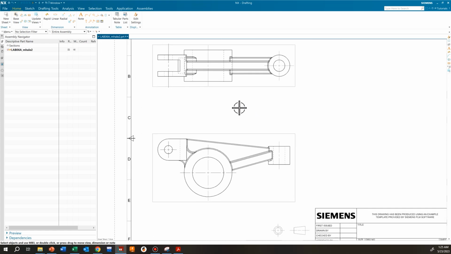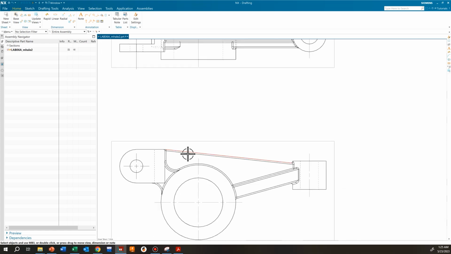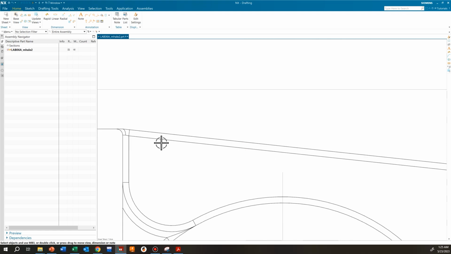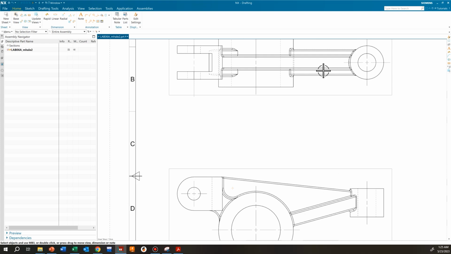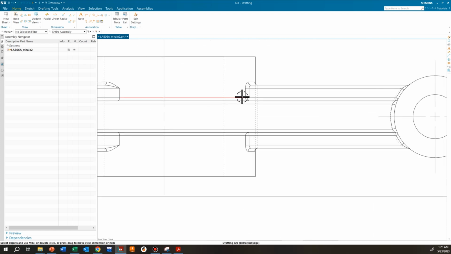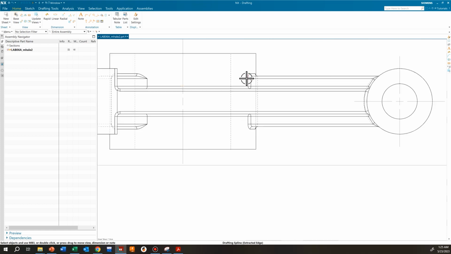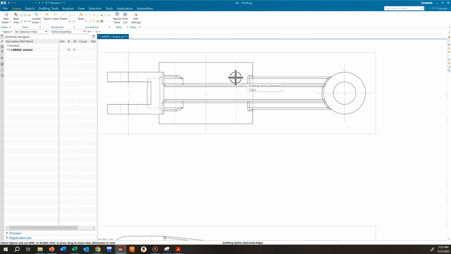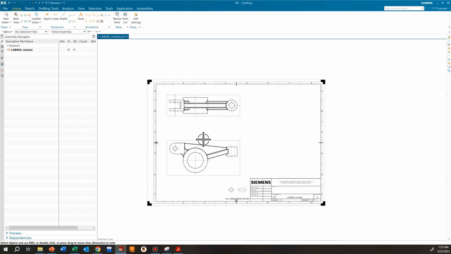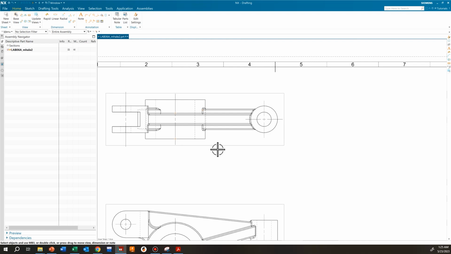Now, what I don't want is to see these rounded edges. So that's what I'm seeing here. I don't want to see that in these views. It's going to add to the confusion. I'd rather just show the views without the rounded edges and be able to specify that this part does indeed have rounded edges. So the way to do that is we're going to click on the bounding box, go to the settings,